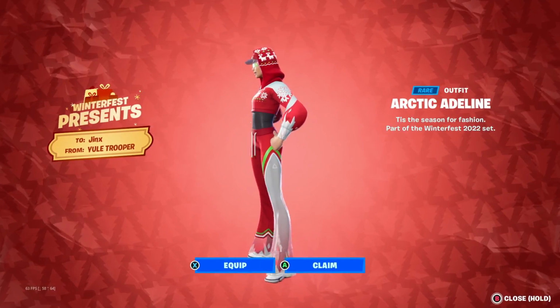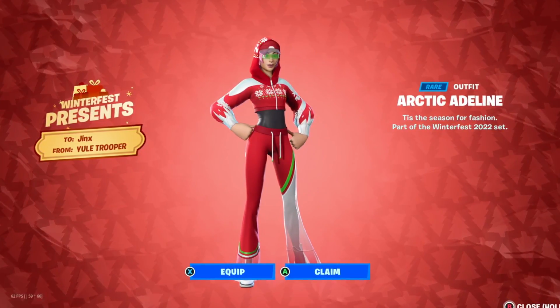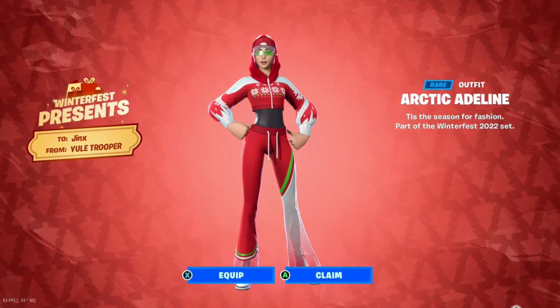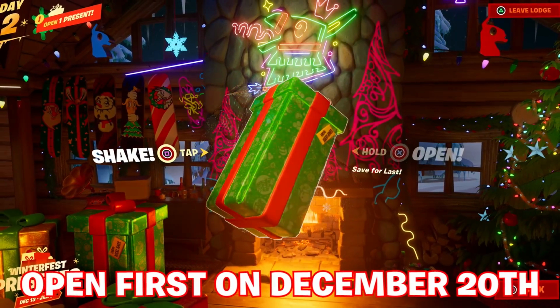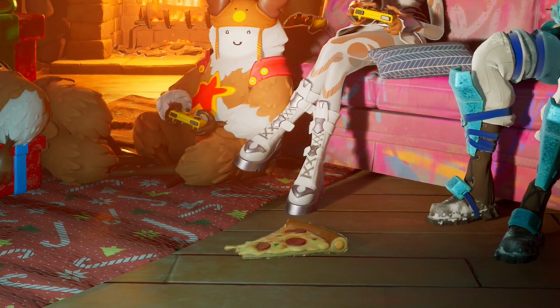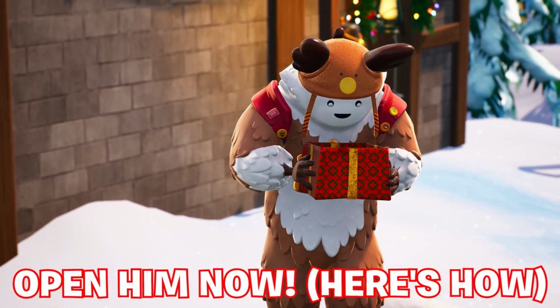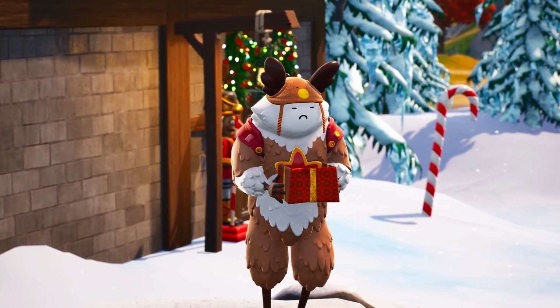Here's what that looks like once it's done, as I've managed to pull it into the game early with the help of data miners and leakers, which everybody can actually get first if they open all the presents on the left-hand side only on the 20th of December at the very earliest. Although there's secrets like the secret 10,000 XP pizzas and different Easter eggs scattered throughout the cabin, how you can actually open the Sled Ready Guff, the final ever present of Winterfest to open, here is a method that